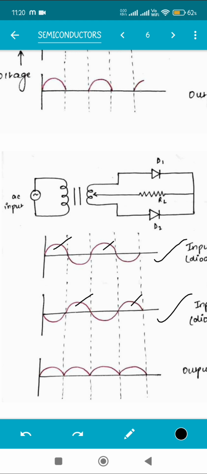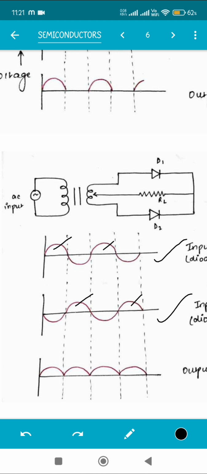So over here also you will explain that there are two diodes in this case. When the first diode is forward biased, it will conduct, and in that condition the second diode will be reverse biased and it will not conduct, and vice versa. So because of the working of the two diodes simultaneously, we are going to get a full wave in the final output, but in a DC format.